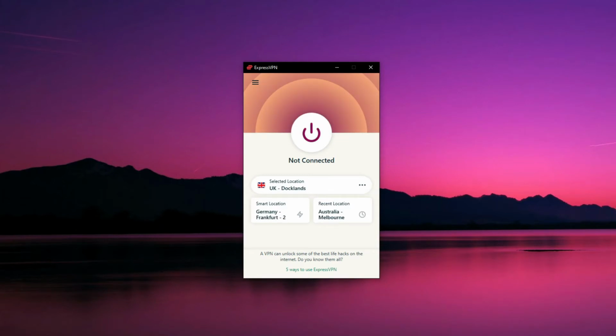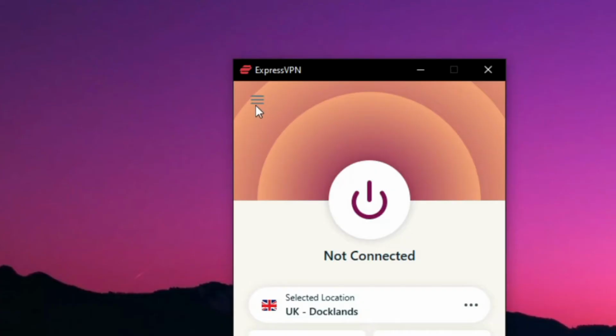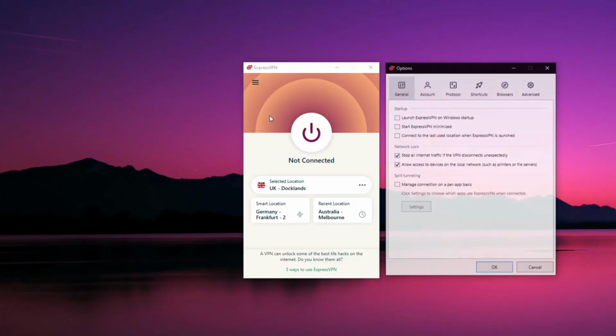How to use a VPN if you want to customize your experience? In that case, you need to open the settings menu, which in this case represents the three horizontal dots in the top left corner of the screen. Click on them and then choose options. Just to make it clear, we're going through some of the fundamental VPN settings and functions in this video, but if you want to know how to use ExpressVPN specifically, you can check our video about that by clicking on the pop-up in the top right corner of the screen.